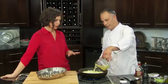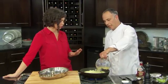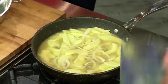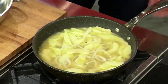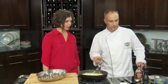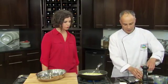And then just get some of the color off of there, and then we add some stock into there. And that's turkey stock? About a cup and a half of homemade turkey stock. But you can use a low sodium chicken stock that you buy off the shelf. Or even a veggie stock, I guess. That'll work just fine. Yeah. And then to thicken our sauce, a little bit of cornstarch,